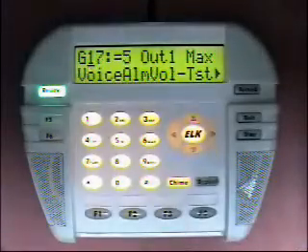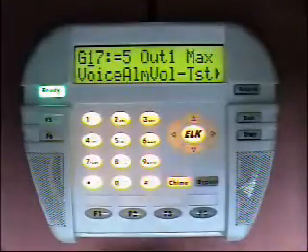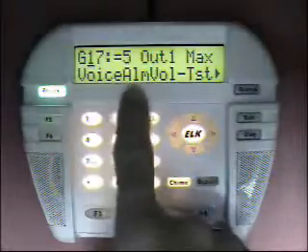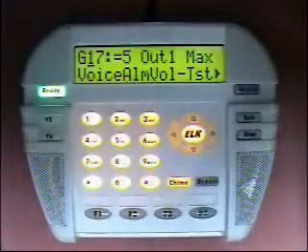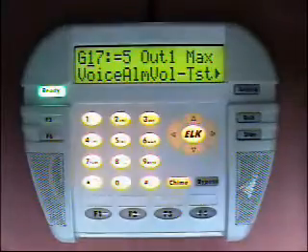The next option here is the output 1 maximum voice alarm volume. This is when it's saying the voice alarm messages. This is the maximum